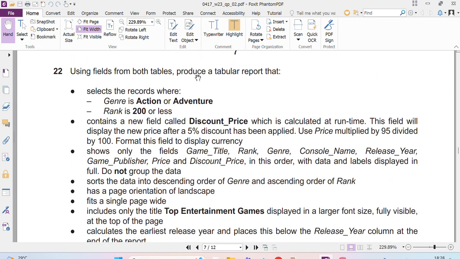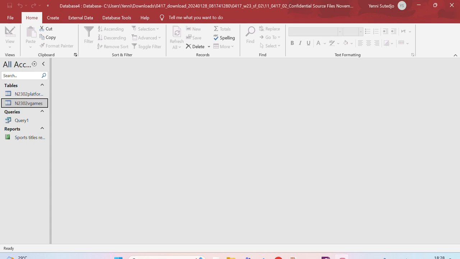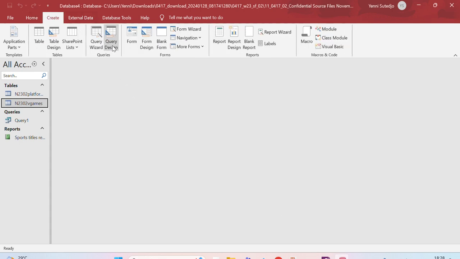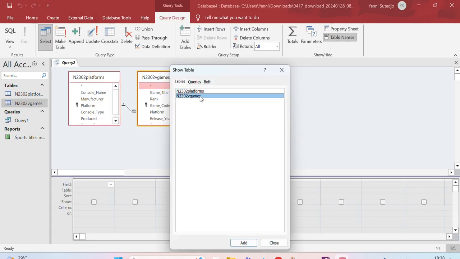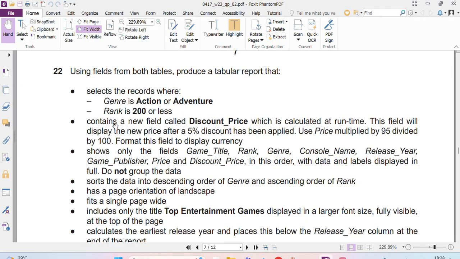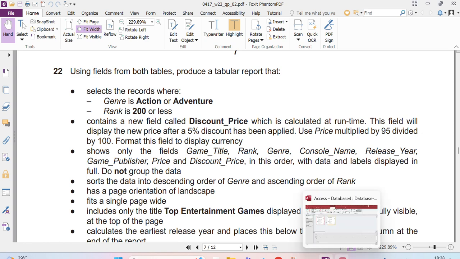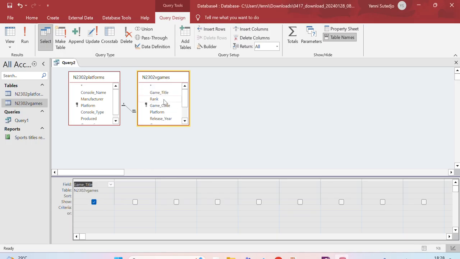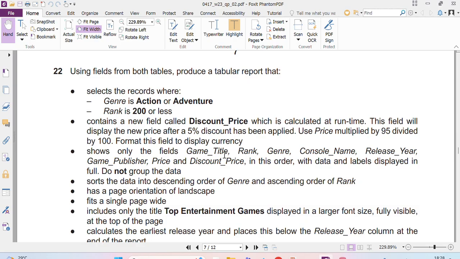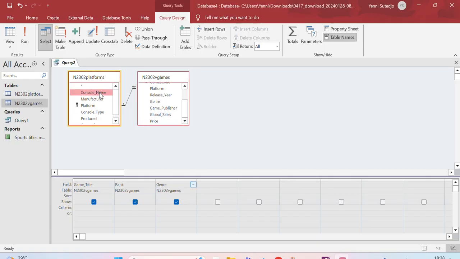This one, again, you will create a tabular report using both tables and it will be landscape, right? So we will go again to the create and then query design, double click on both tables, close, and then find the point that shows which fields will be used for the report. It will be game title, rank, genre, console name, release year,